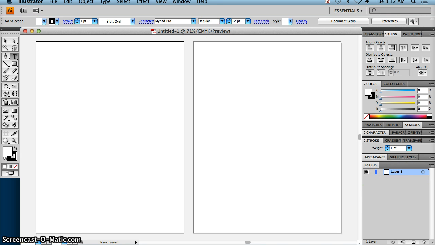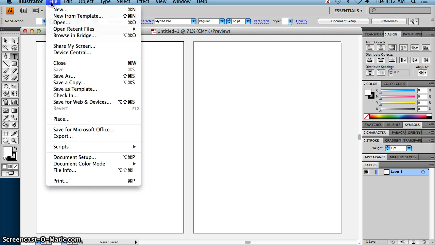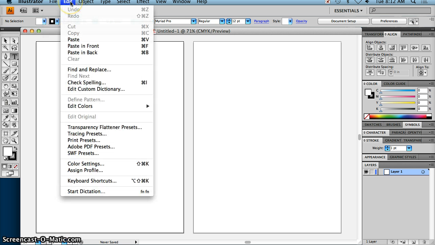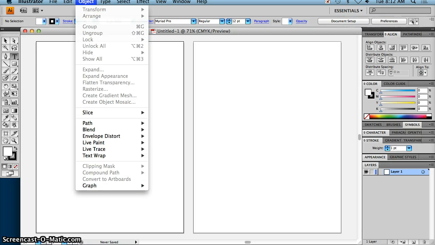Up at the top you have your menu bar, and of course under the File menu you can open, create a new document, or save. You can export as different types of files. Under Edit, if you don't remember keyboard shortcuts for copy, paste, cut, all that stuff, it's here. You also have the ability to not just paste, but also paste in front and paste in back. There are some different effects or different tools that you can use and that we'll talk about under the Object